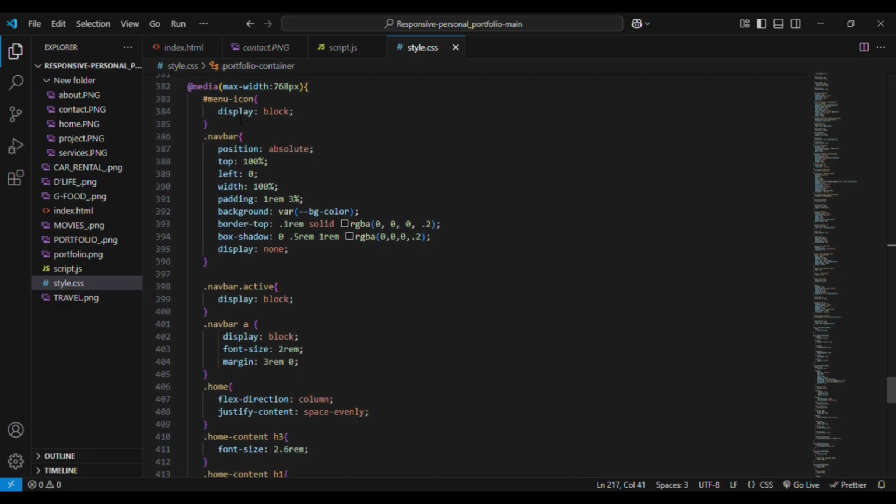This menu icon is important here because in the desktop version we have a lot of space, so we have shown all our navbar here, but in the mobile version we don't have that much space. That is the reason in the starting of the code I told you menu icon display none, right? So it will be hidden, but in the maximum width of 768 pixel, which means the mobile device width, the display will be block. So the icon will be displayed and the navbar will be